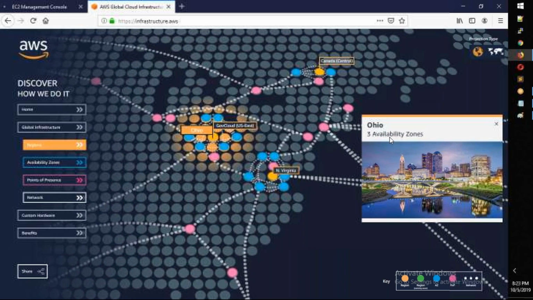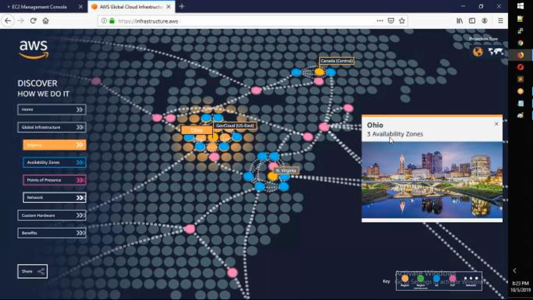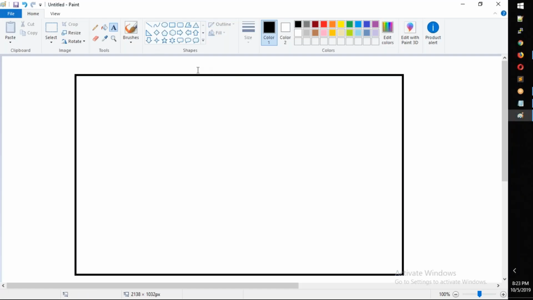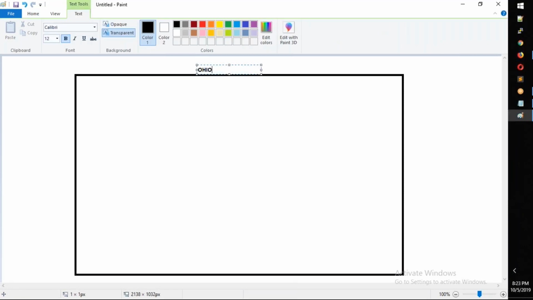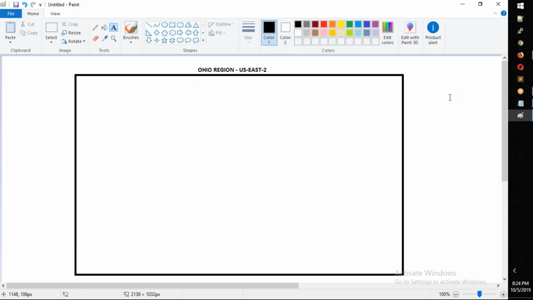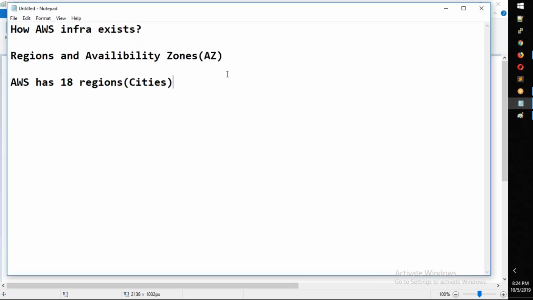So what exactly is an availability zone? Consider this as a total region, which is the Ohio region, and the code name is US-East-2. Now this is the Ohio region. Let me tell you, every region is divided into availability zones. So what exactly is an availability zone? An availability zone, short form AZ,